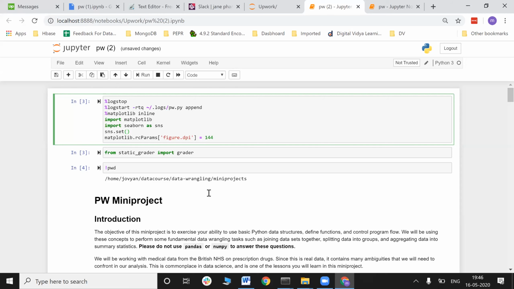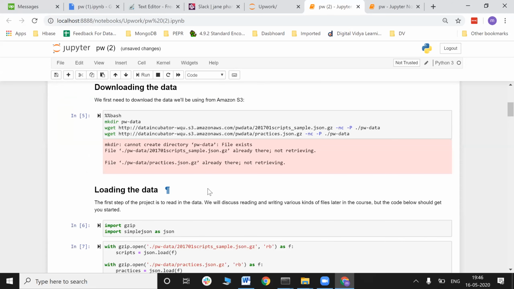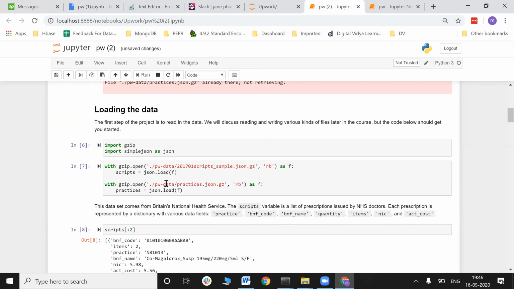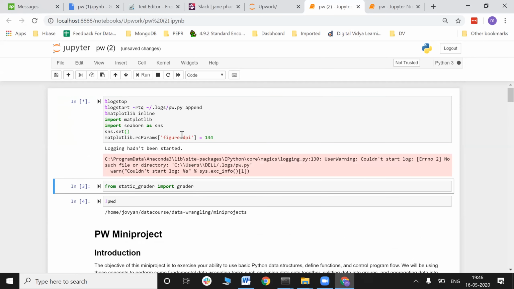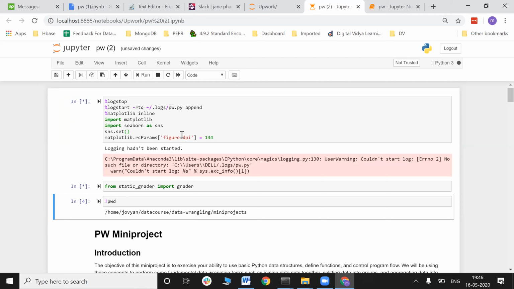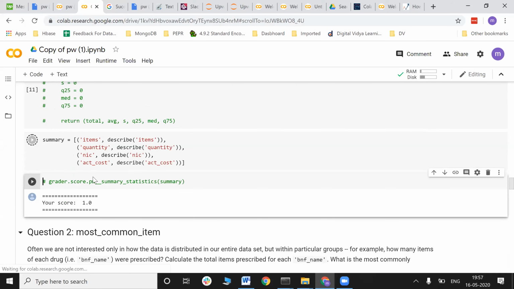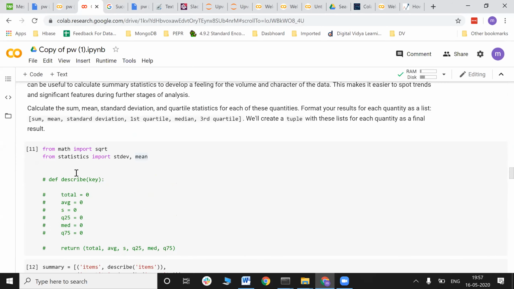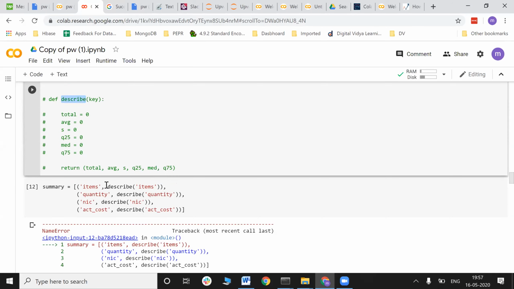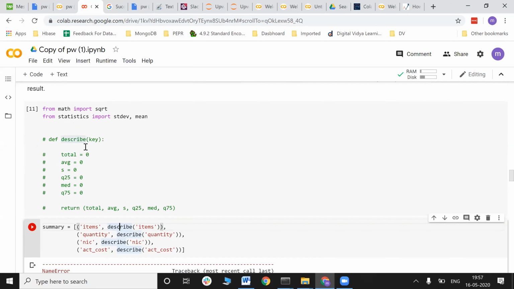Now, in which particular portion do you want me to go through? Can you go through from the, because there's a question and the questions in the three. The complete solved template. The describe is not defined. Yes, the grader wouldn't work because I don't have the library for that.